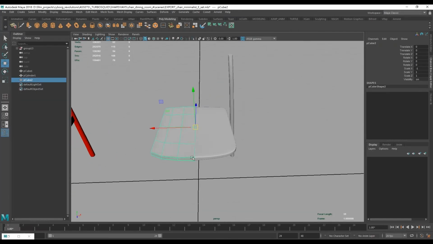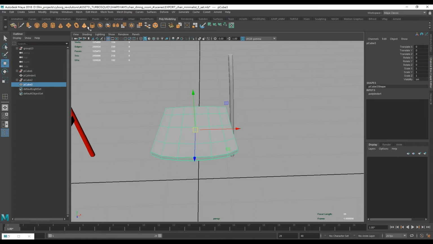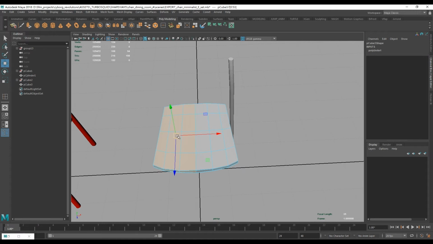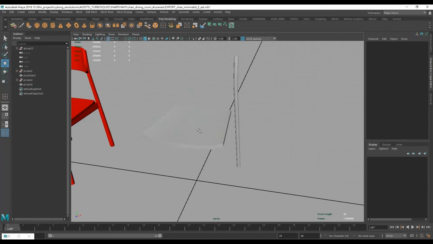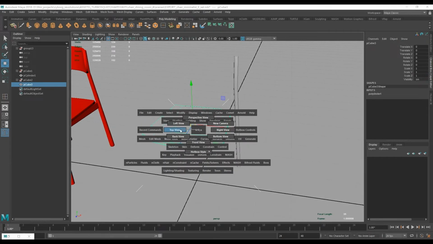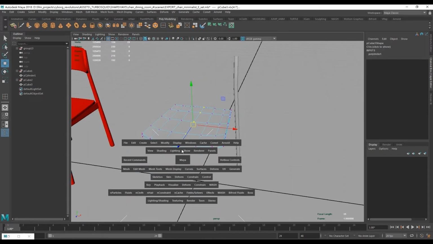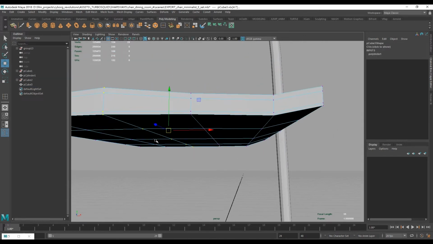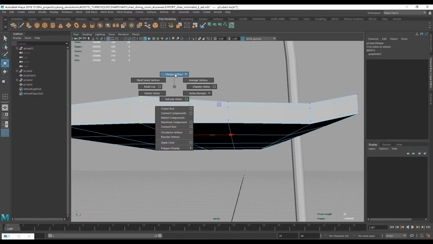Okay. They're two separate objects, so we want to combine them. The way to combine them is to go into Mesh, Combine. Now they're combined, but they're not joined together. So if I do this, you see, they're actually not joined together, though they are combined. They're considered one single object. The vertices are not merged together yet. So I just selected all these vertices, and if I hit and hold Shift, right click, merge vertices,